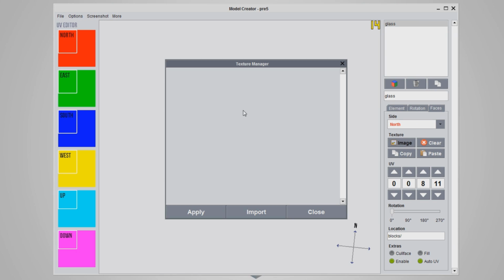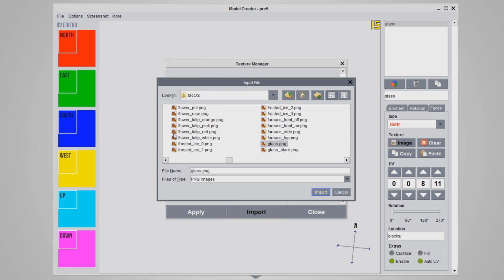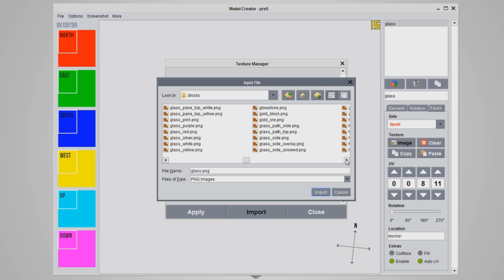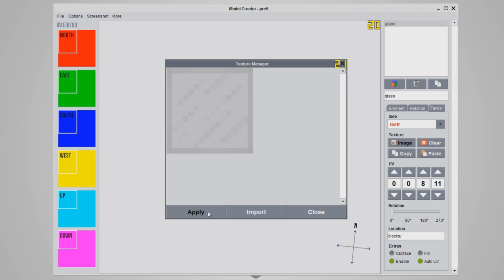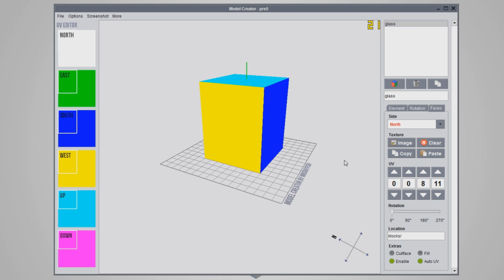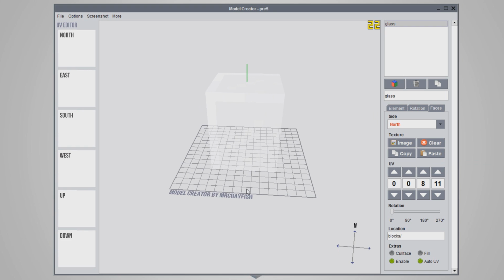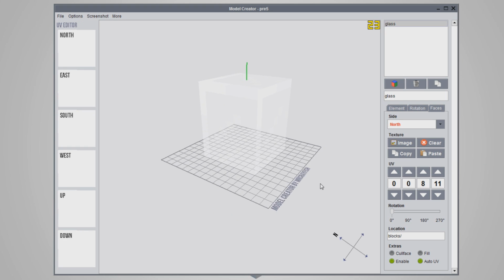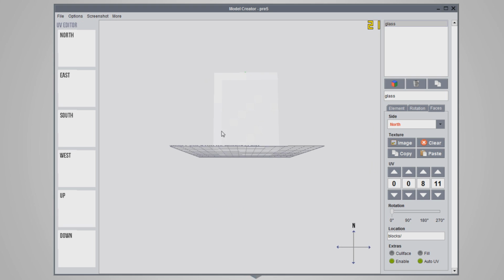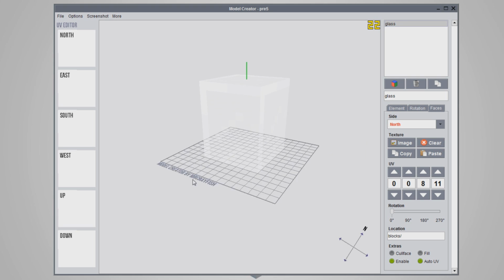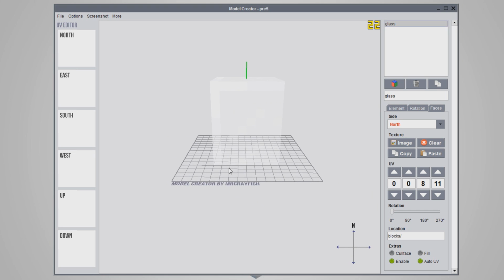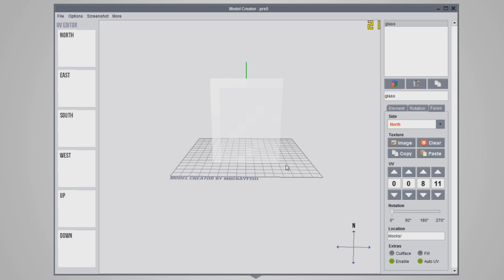But let's go ahead, let's add a texture in now, import, and we're going to do glass, I think white. Glass white here, click on that, click apply, and then we're going to copy that to all of the faces. Now it's pretty hard to see right now, but what we're going to do is we're going to adjust the UVs, because right now